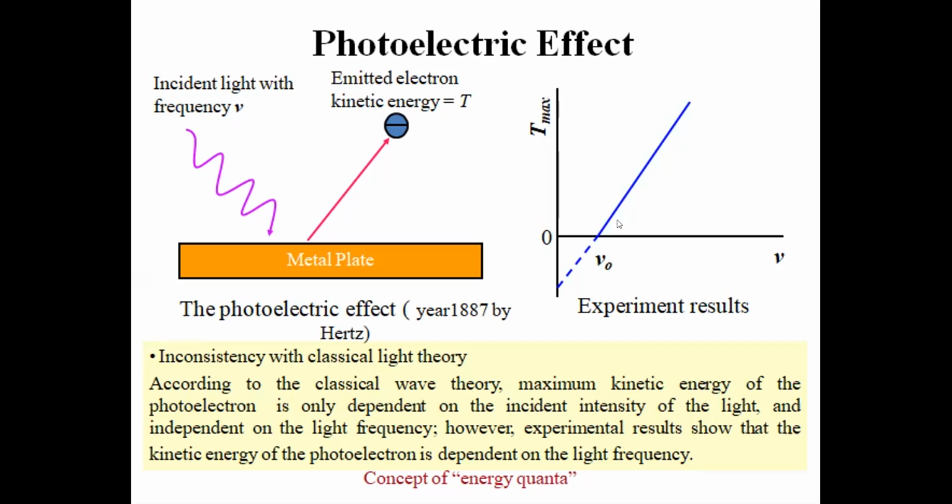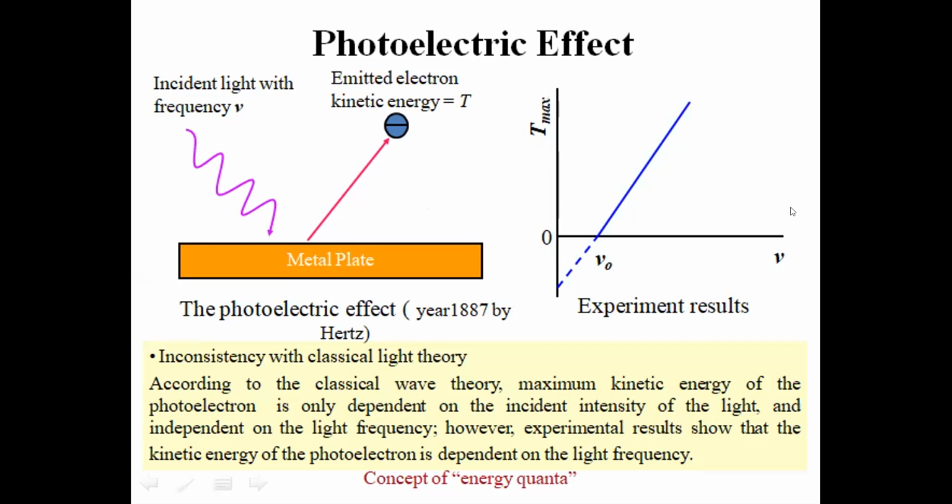So when incident light with some proper frequency is incident on a metal plate, what happens? The electrons on the metal surface acquire energy by absorbing the photon energy and are emitted, and the electrons gain kinetic energy. This is the photoelectric effect. Because of the moving of these electrons, we call them photoelectrons, and their contribution towards the current we call the photoelectric current.